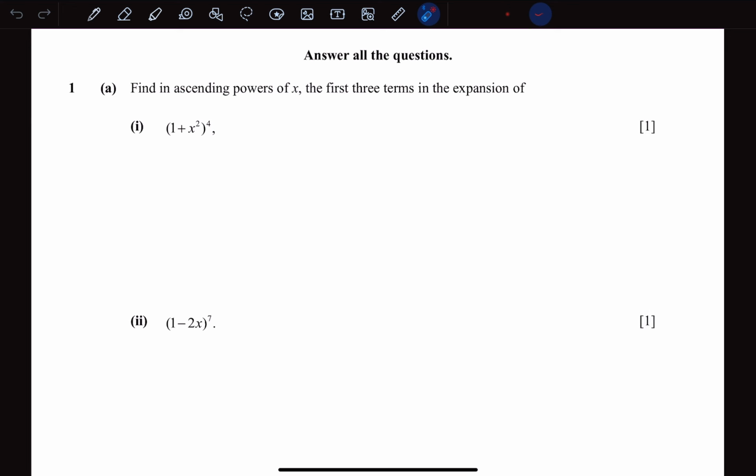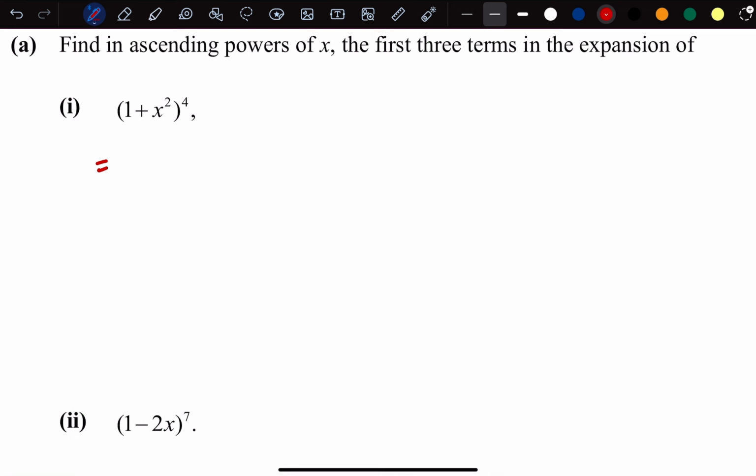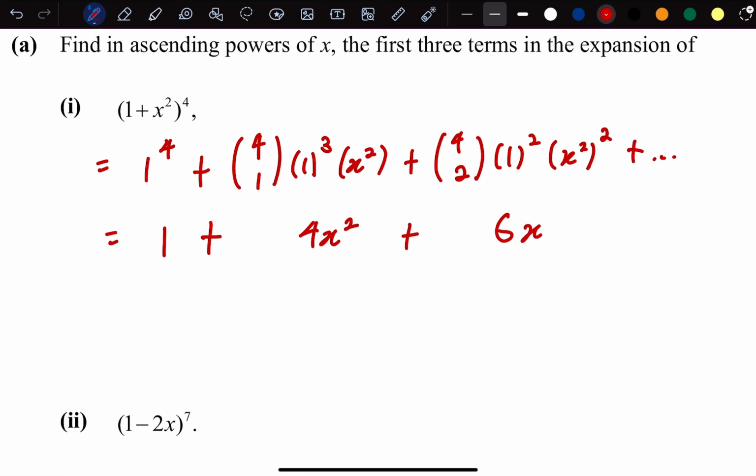Question 1: find, in ascending powers of x, the first three terms in this expansion. Very simply, just look at the binomial theorem, the formula which will be given to you as well. Based on my formula, this can be found very simply. This is simply 1 power 4 plus 4 choose 1, 1 power 3 times x squared, plus 4 choose 2 times 1 squared times x squared power 2 plus dot dot dot. If I simplify everything, I'll get 1 plus 4x squared plus 6 times x power 4 plus